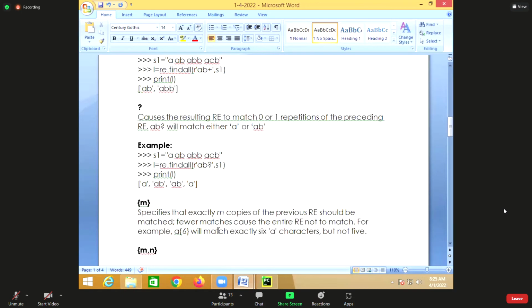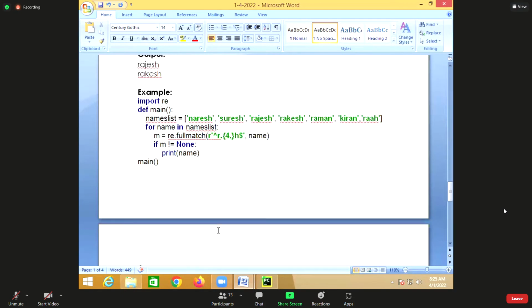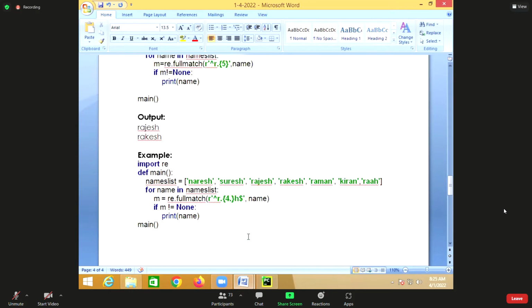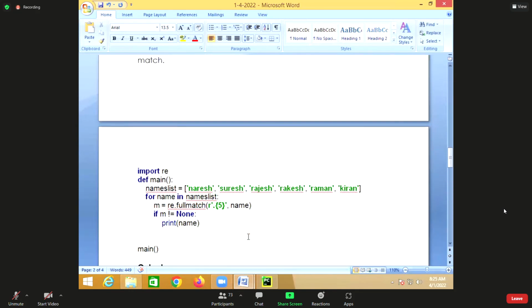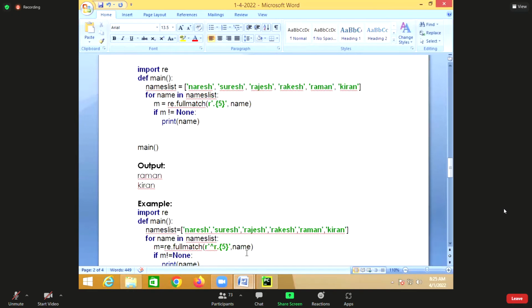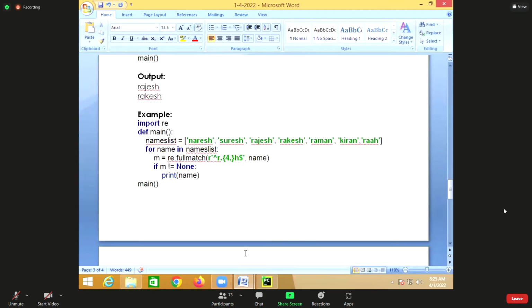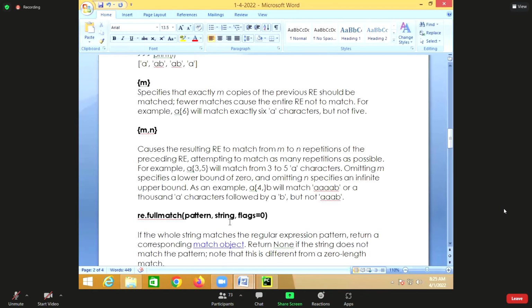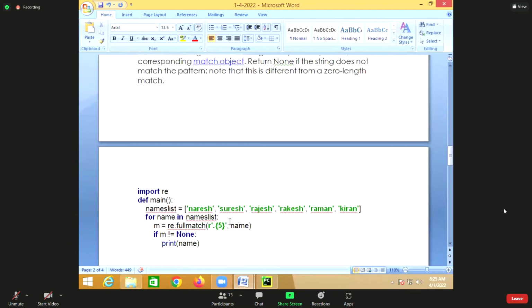You are sleeping in the class, or you are roaming here and there and listening. From that time onwards, I'm telling, right? What is star plus question mark, curly braces? Yes or no? Then this fellow is asking, what is a star again? What to tell here? We used star in these many examples. We use star or not?